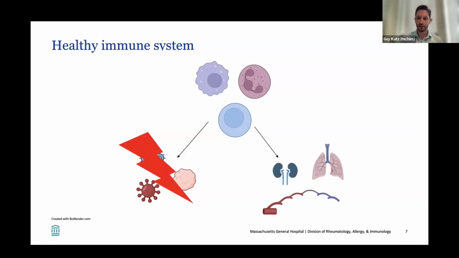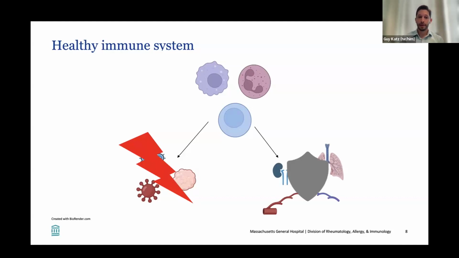In contrast, when the immune system encounters any cells of the body, so here we have the kidneys, the lungs, the blood vessels, these are areas that tend to be inflamed in people with vasculitis. There are mechanisms in place. Every cell in our body has cell proteins that tell the immune system, this is a part of the body, this is self. This is not a foreign part of the body, so it is important for that to be protected.